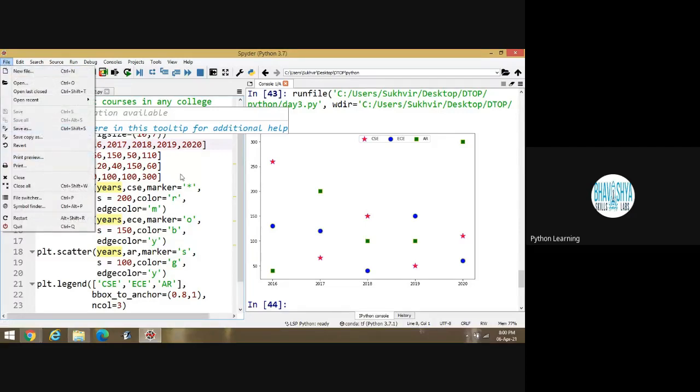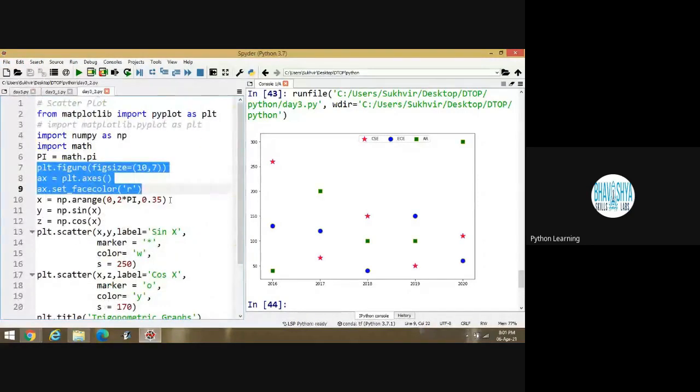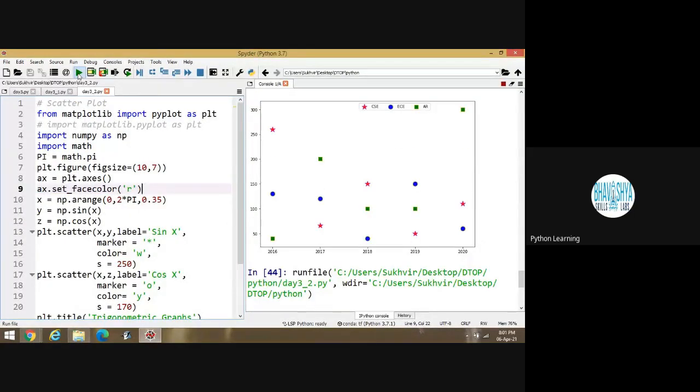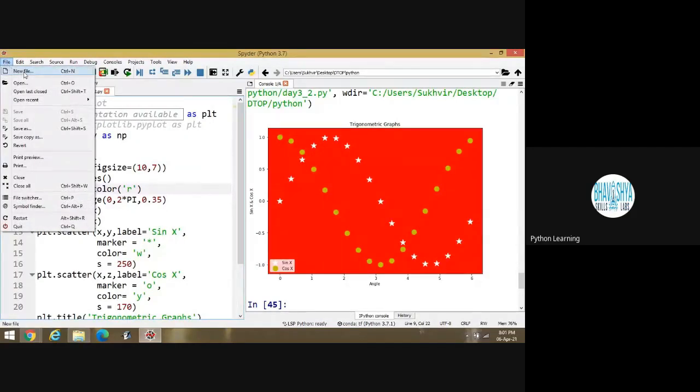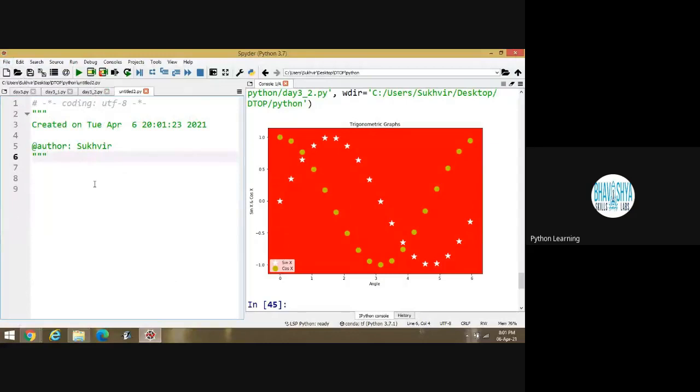Now the question from student side: how to draw the graph in continuity. This one is, I think, a question from one of the students. Suppose I have to design the graph with stars and line is also there. And line should be there. Then what to do? Okay. Let's create new file. Up to this point, is it clear to all of you?